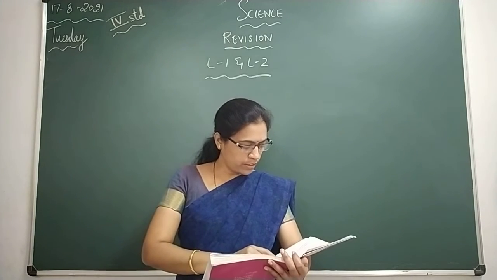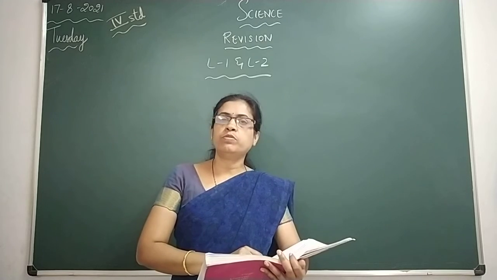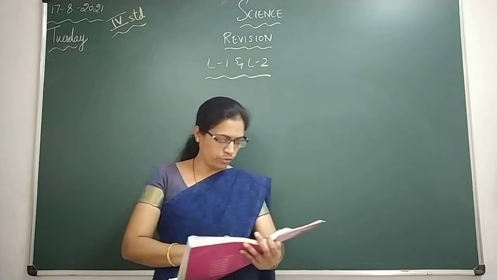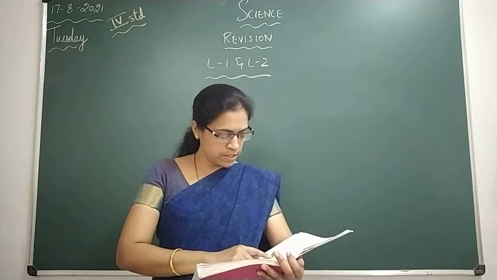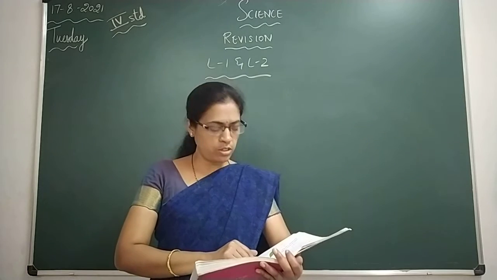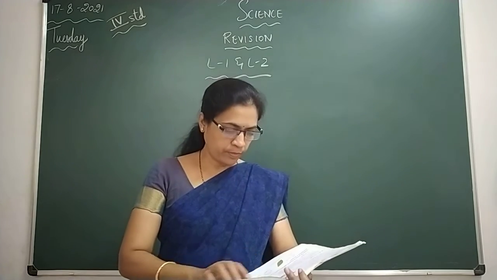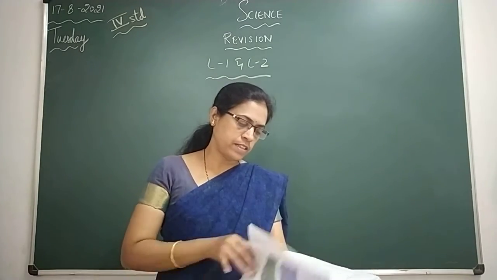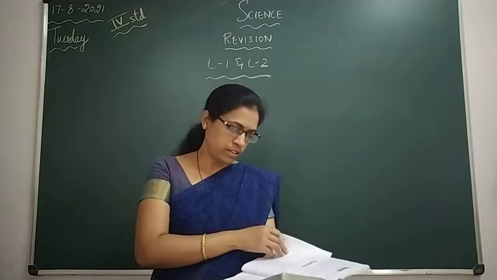And then the fourth one, animals and plants directly and indirectly depend on dash for their food. That is, they depend on each other for their food. Then the last one, pollution, deforestation and construction works are some of the activities which cause dash imbalance, that is ecological imbalance. Okay, so these are a few exercises in the second lesson. So turn to page number 22, children.